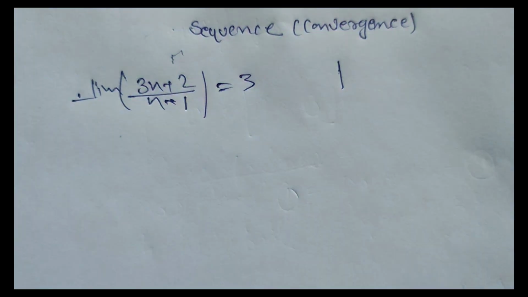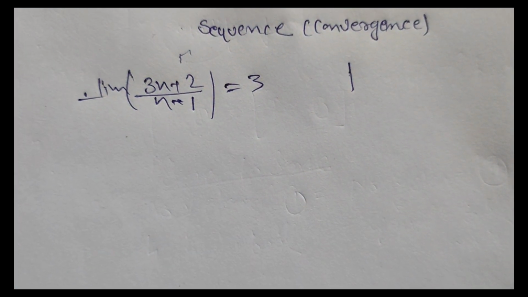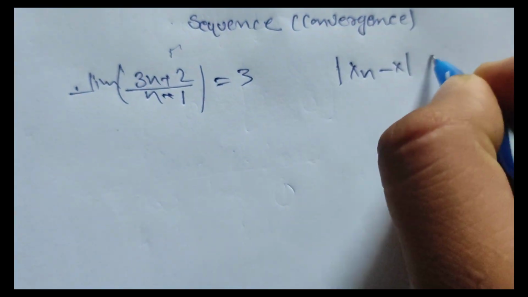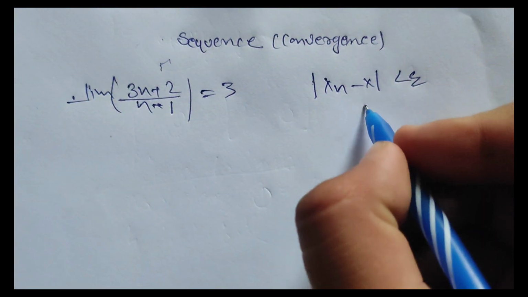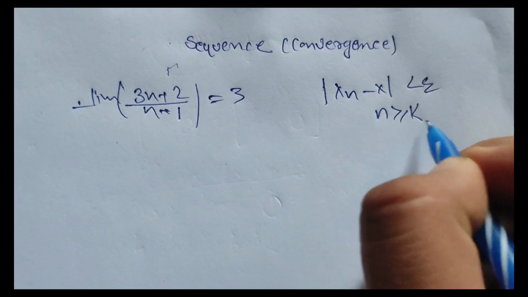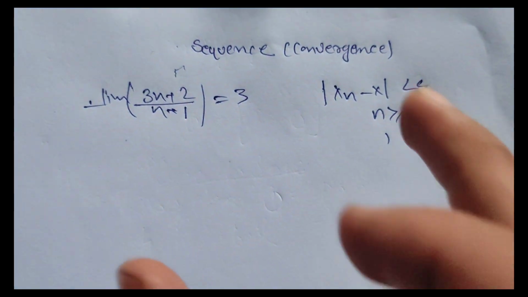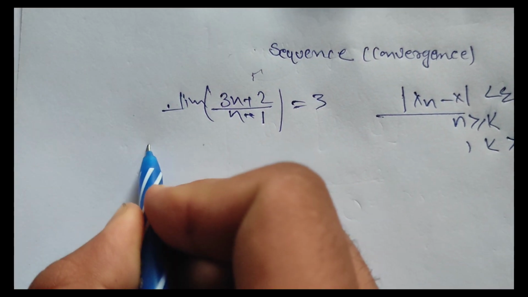Okay, we use the convergence of the sequence of numbers, like we talked about in the definition, which was that |xn - x| is less than epsilon for n greater than or equal to k, where k is greater than epsilon. These are some definitions which were important in this. Okay, now using the first definition, our question becomes